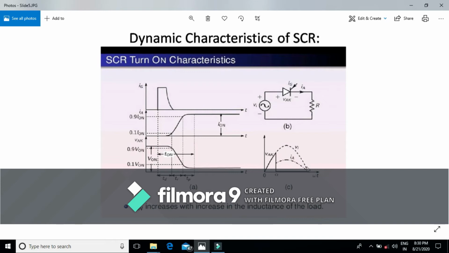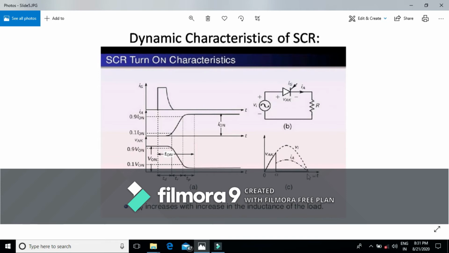and then the current will fall from 90 until it reaches its pi interval. That means from this 0 to alpha interval, there will be no load current and no output voltage, there will be only the voltage across the thyristor, that is represented by V anode to cathode. Once this SCR is triggered, the voltage across the thyristor will be 0. This is this bold line.